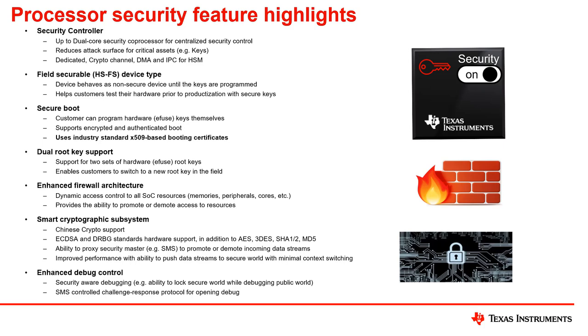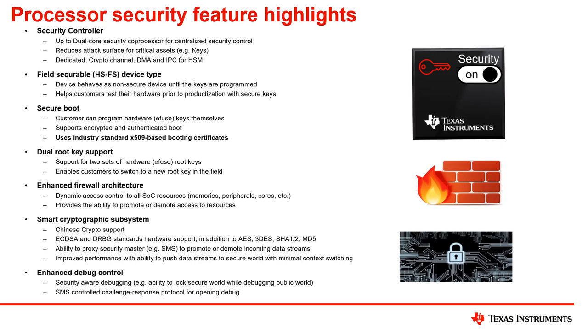We started with the security controller, as that is a basic element of the security architecture. It includes the processor, the cryptographic subsystem, as well as DMAs and interprocessor communication to help move data around the system. And it's all protected by firewalls from the rest of the system. Our field securable devices are what you want to start with if you're going to be doing a secure system or you think you may need security in the future. These devices behave as unsecure devices until you turn on security, and then they become secure, and that helps you do your design and development without security enabled, and then as you see the need, you can move to a secure architecture when your design calls for it.